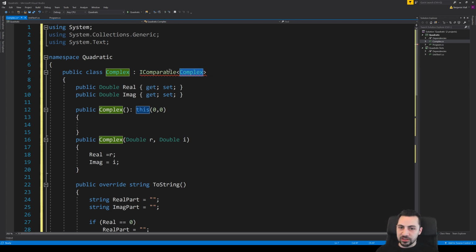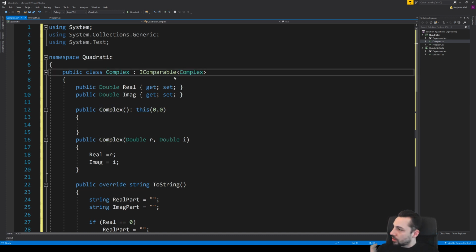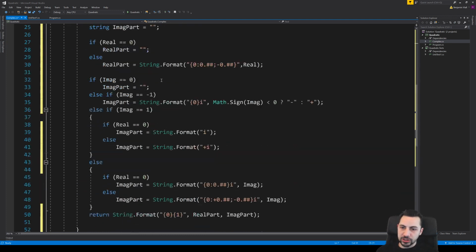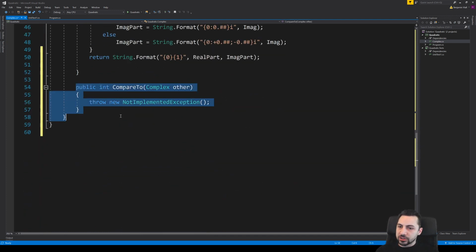And it immediately starts yelling at me because I haven't implemented those methods. There's a couple of things we can do, and the easiest is to say go ahead and implement that interface. If you right click on it, you can have a quick action, and that quick action automatically generates this method stub, CompareTo complex.